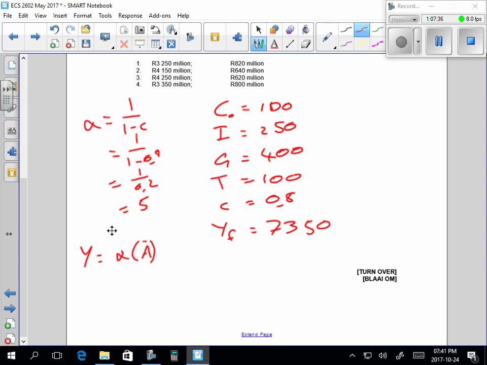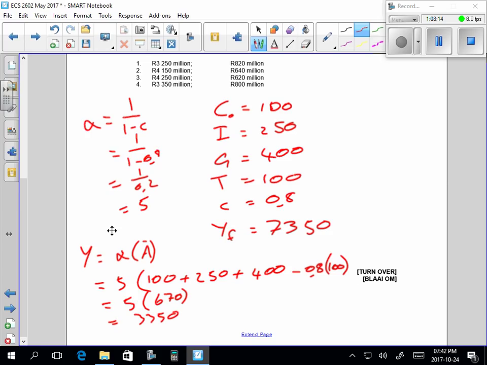So we're going to substitute that in. 5 times our autonomous variables. 100 for consumption, 250 for investment, 400 for government expenditure. And then when you're dealing with tax, you need to multiply it by your MPC. So minus tax, obviously it's a negative, minus MPC, which is 0.8, multiplied by our tax, which is 100. And if you solve all of that, you get 5 times 670 and 3350. So in this case, obviously, you know it's option 4 already because there's only one of those options. But if 2 of them are 3350 and you had to carry on going,